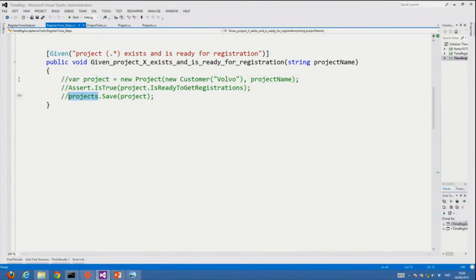So after my wishful programming session, I actually commented out those lines of code because they didn't compile. I didn't have any real code yet at all. This was my starting point. So I didn't have a project class or a customer class and so on and so forth. But what is really good here now is that this helps me out with something I know a lot of